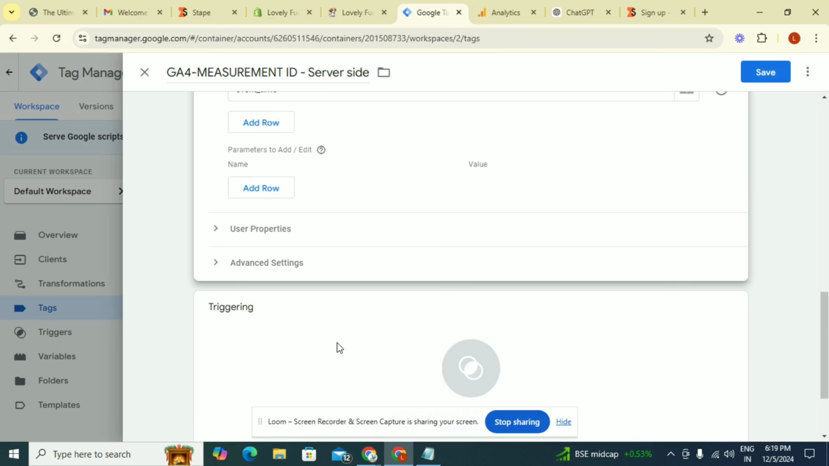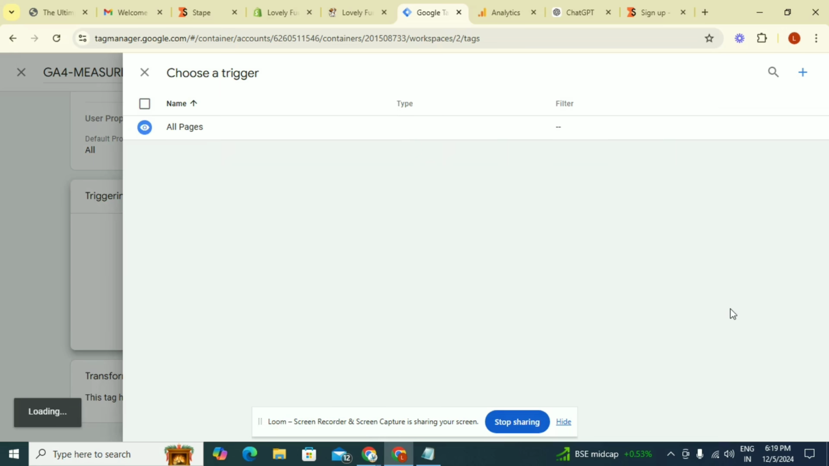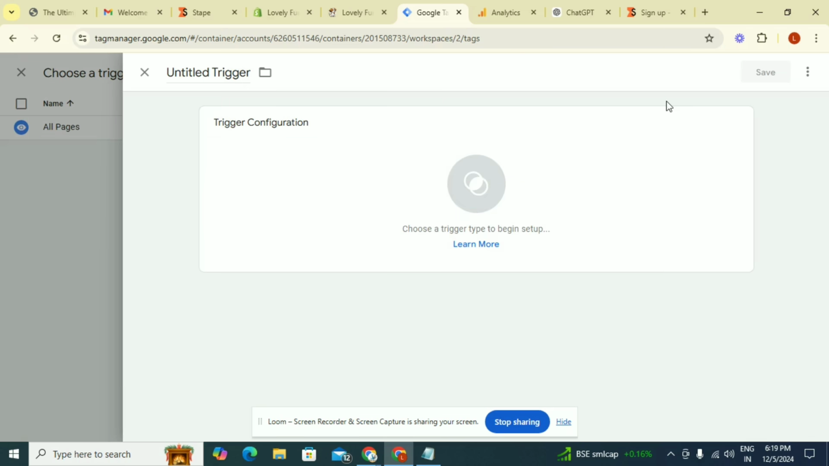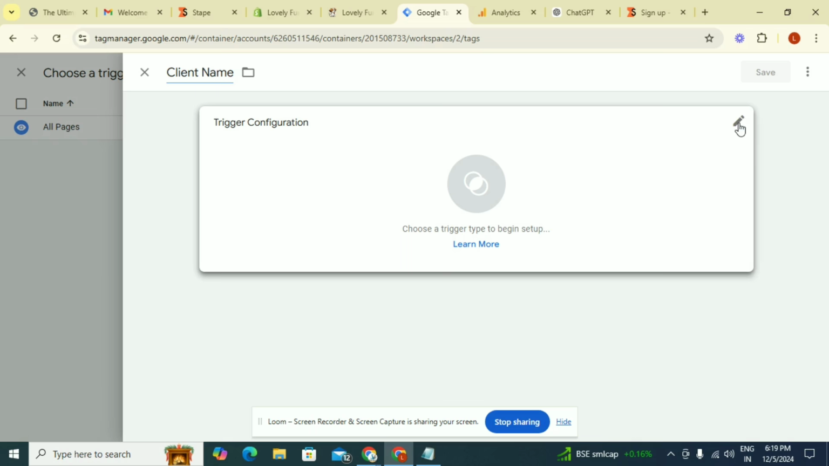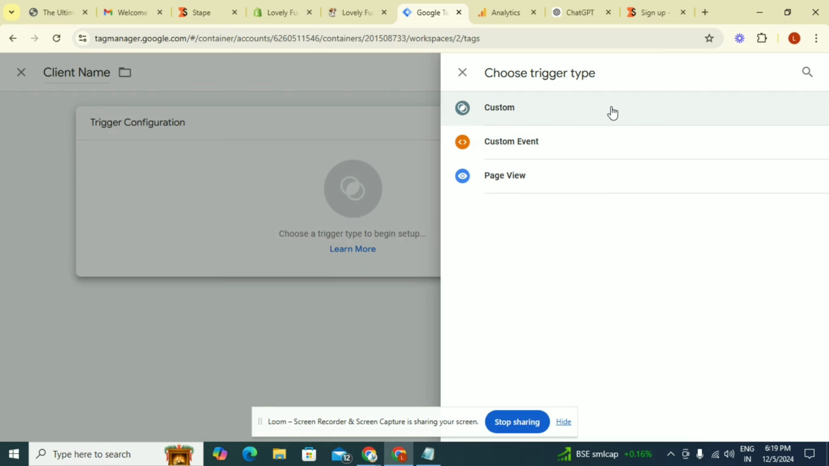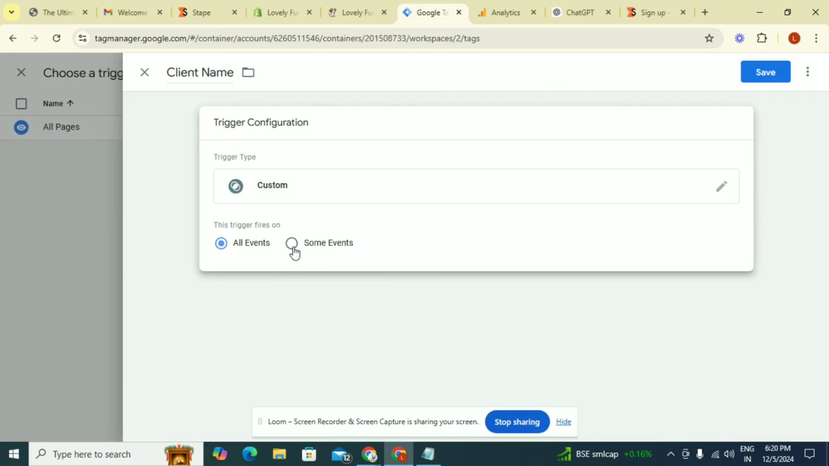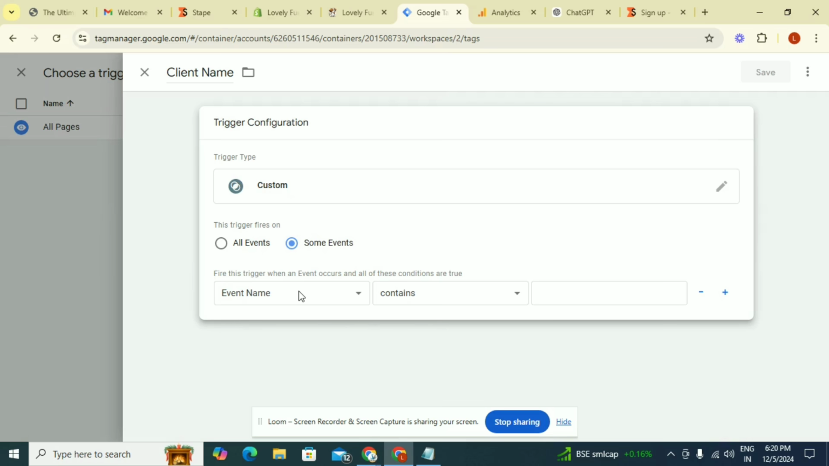Now scroll down and click on Triggering. Now click on here and write client name. Now click here and select Custom. Select some events. Now click here